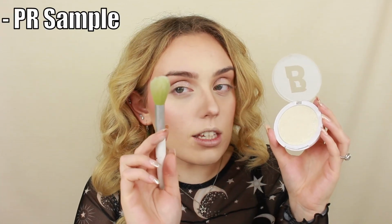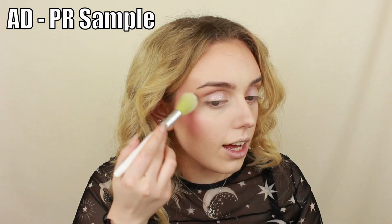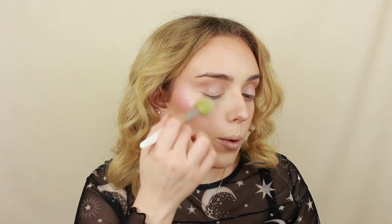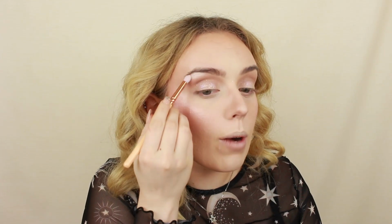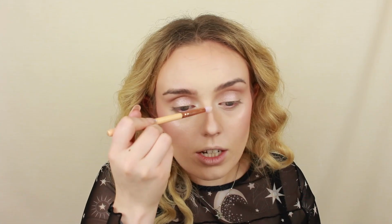I'm going to take this brush from the Tokyo brush set from W7, and I'm gonna start highlighting. Even though it is a little bit yellowy, I still think it works on my skin. I'm bringing it into the brow area, and then I'm going to take it on a Zoeva 231, is it? Yeah, 231. I'm going to do my brow bone here. I've gone a little bit heavy with it. We're also going to do the inner corner, and then the bridge of the nose,